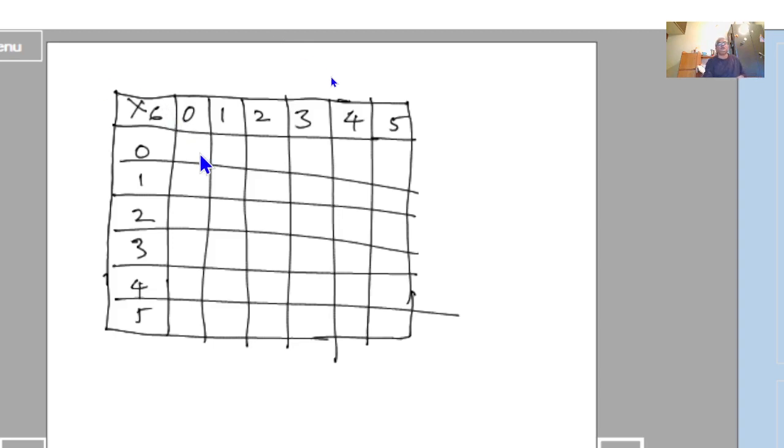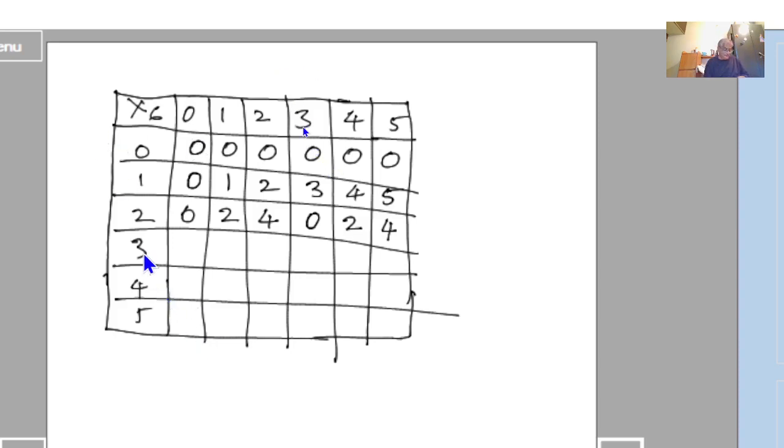Okay. So here I have to multiply, divide by 6 and get the remainder. 0 into 0 is 0, 0 into 1 is 0, 0 into 2 is 0, 0 into 3 is 0, 0 into 4 is 0, 0 into 5 is 0. Getting the remainder equal to 0. Now from 1, 1 into 0 is 0, 1 into 1 is 1, 1 into 2 is 2, 1 into 3 is 3, 1 into 4 is 4, 1 into 5 is 5. Next from 2, 2 into 0 is 0, 2 into 1 is 2, 2 into 2 is 4, 2 into 3 is 6, that is I am getting 0. 2 into 4 is 8, I am getting 2. 2 into 5 is 10, the value is 4.